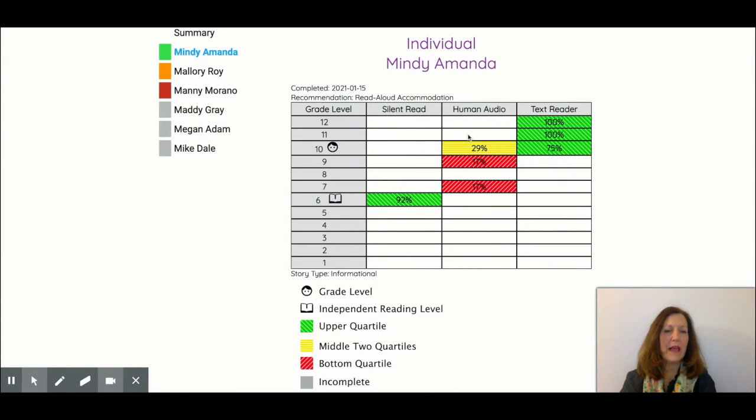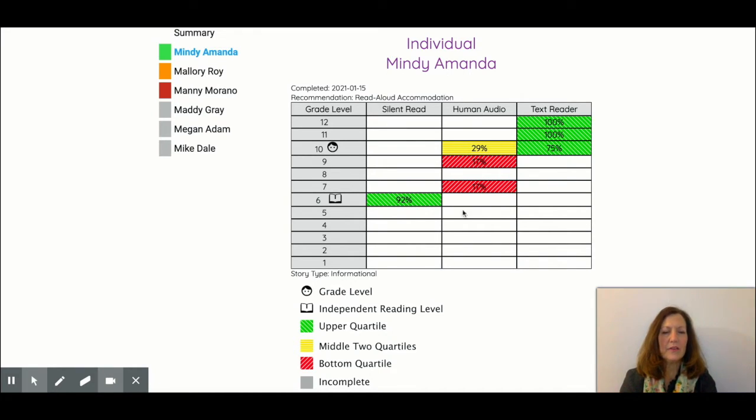The next three columns represent the three conditions of UPAR. One, where the student reads silently in their head and answers comprehension questions. Next, where the computer reads with a human narrated voice to simulate kind of like a human proctored exam. And third, where the text reader is reading the text, which is that text-to-speech or more robotic sounding speech.